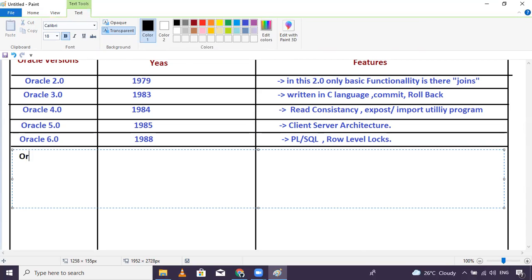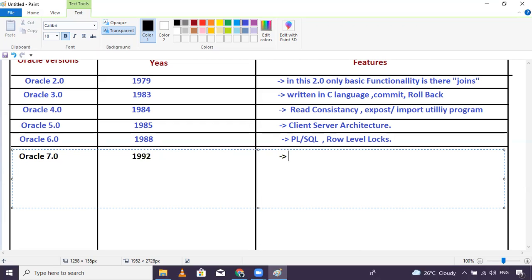When was 7.0 introduced? In 1992, after 4 years, a very long time. Now they introduced some beautiful concepts,